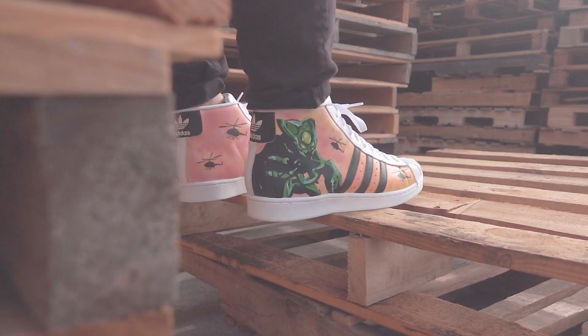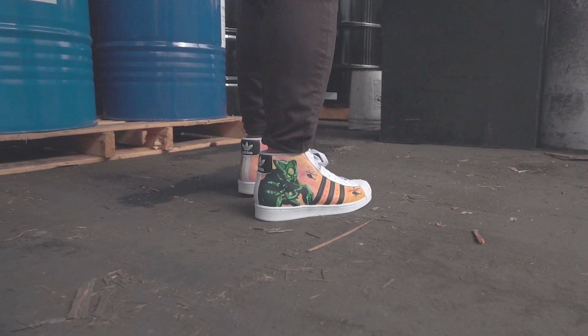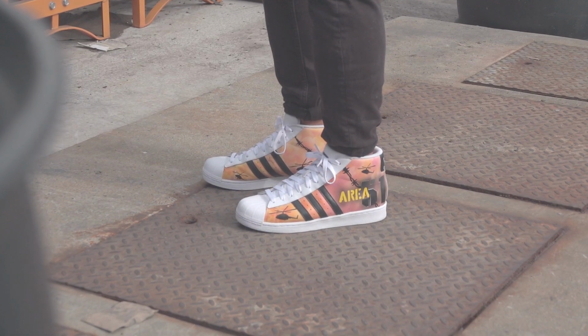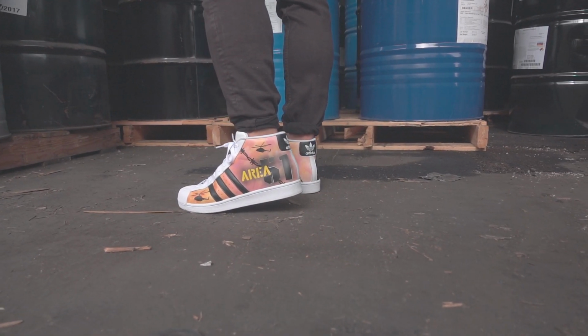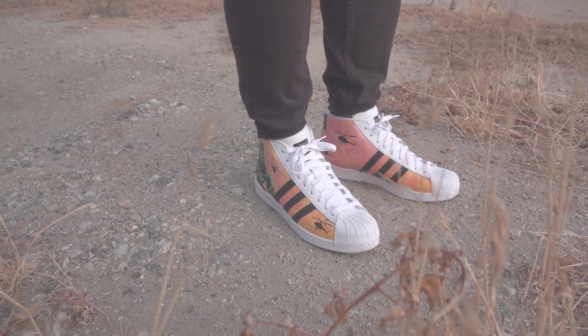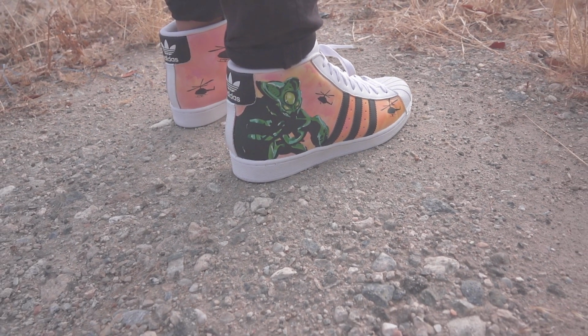We're going to be painting these Adidas Pro Models. In today's project, we're going to be doing an Area 51 theme on these Adidas, and I'm going to be showing you guys a little airbrush technique that I picked up, and I'm also going to be using some stencils